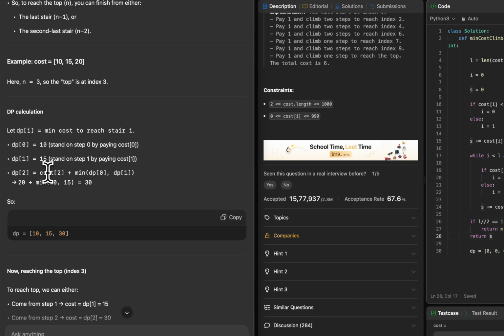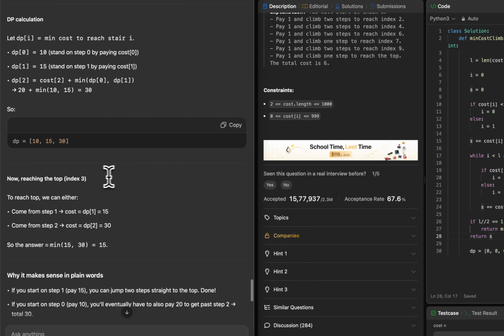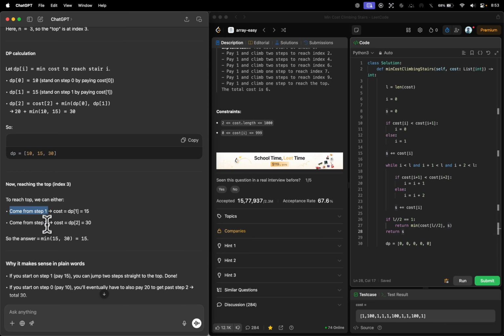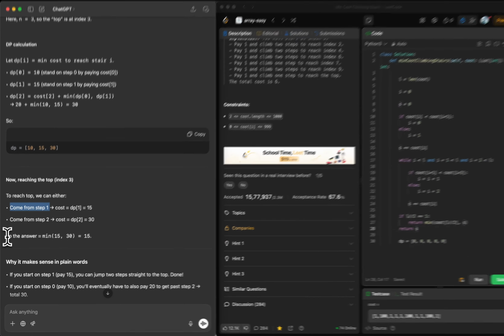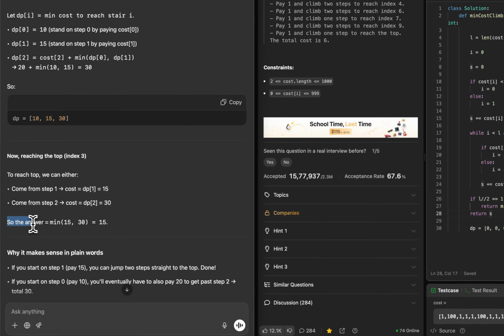DP at 2 is the cost of 2 plus the minimum of the previous, which is this. Okay, now reaching the top, index 3. To reach the top, we can either come from step 1 or come from step 2. Answer is equal to the minimum of 15